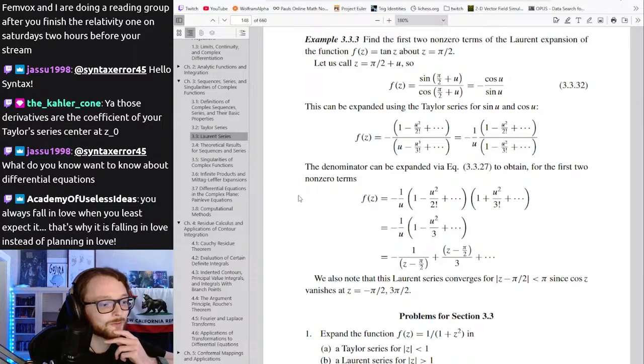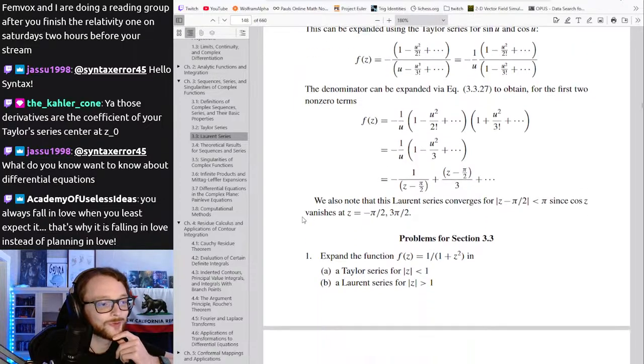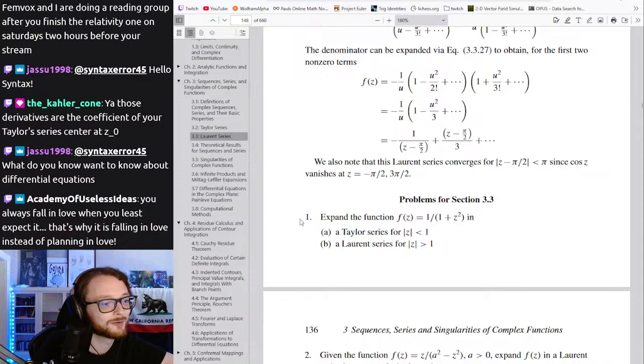Those orders are the coefficient of your Taylor series centered at z sub 0. I still don't like that it alternates between 0 and like 1 or -1, but